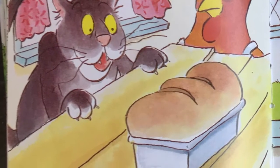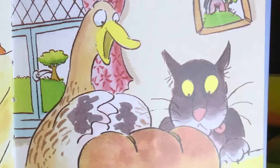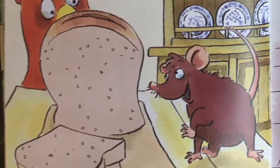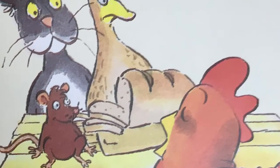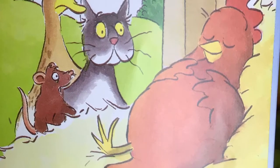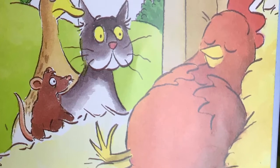The bread was warm and soft. "I'll eat the bread," said the cat. "Oh, I'll eat the bread," said the duck. "I'll eat the bread," said the rat. "Oh, no, you won't," said the little red hen. "I'll eat it all by myself." And she did. So the little red hen got to enjoy all her hard work all by herself, and she